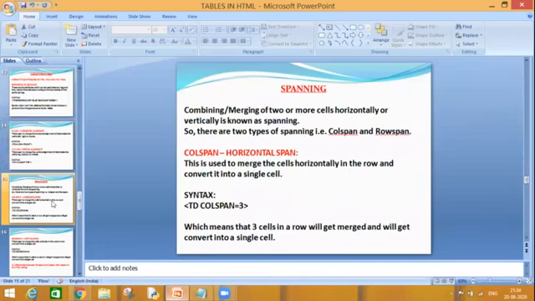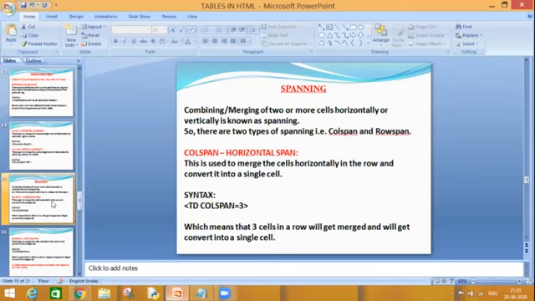Now, there are some other attributes which we need to use inside our TD tag. So here, there is a term spanning. There are two attribute names like colspan and rowspan. Row means horizontal, column means vertical.